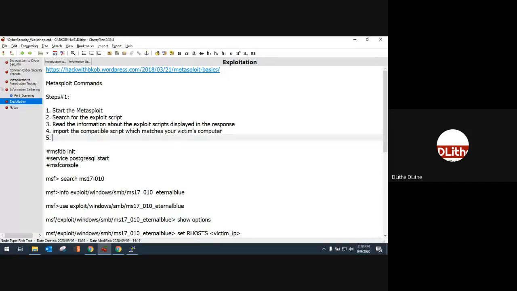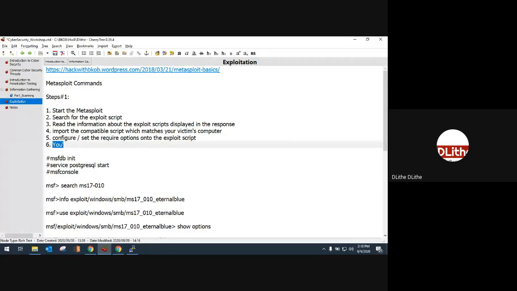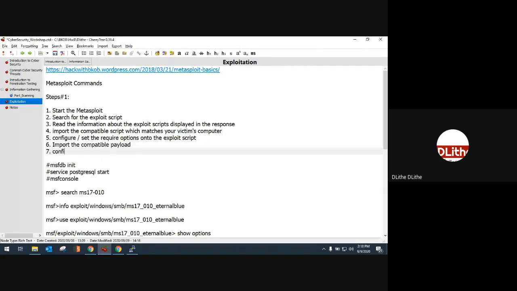And then you will configure or set the required options onto the exploit script. Then you will import the compatible payload and configure or set the required options onto the payload.